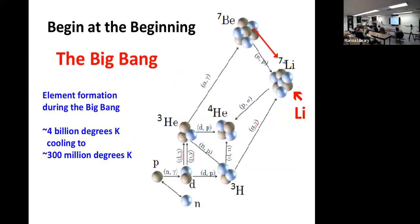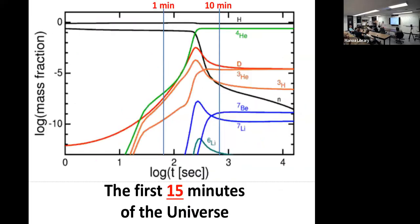Now I'll come back to this, but let's look at the lithium. Lithium is made in the Big Bang. Hydrogen, helium, and lithium are made in the Big Bang. But that's when the temperatures are 4 billion degrees and it's a Big Bang and it expands, and after a while they quit making any elements. But there is some lithium, and maybe you can see from here,